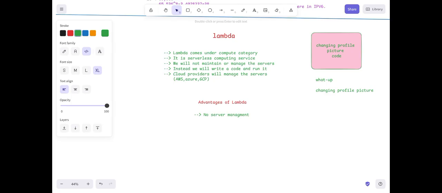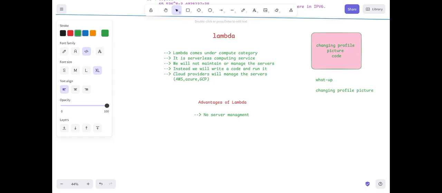Understood? Now, whenever the user is trying to access, Lambda will trigger and it will only start the servers, and it will only stop the servers, and if there is a requirement according to our code, it is going to terminate that instance as well.